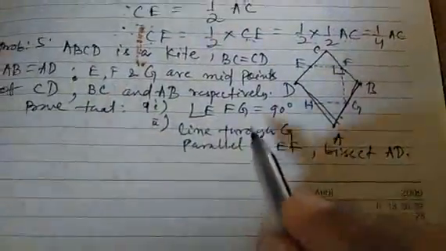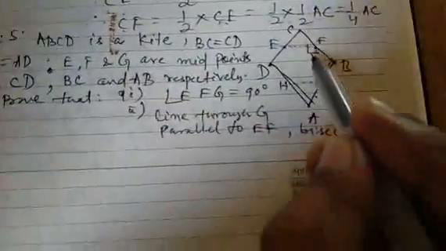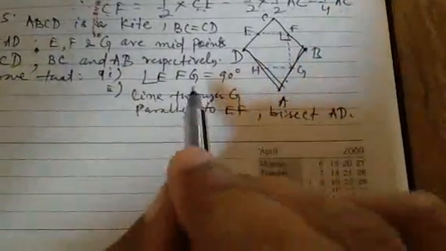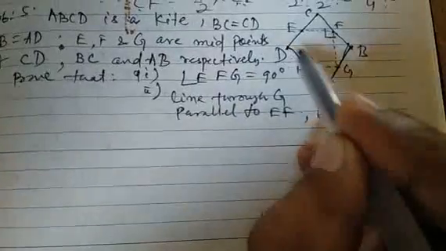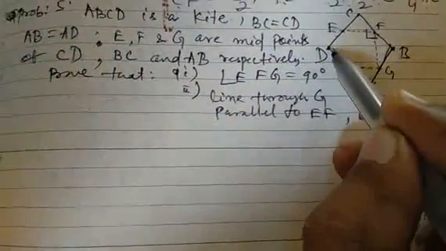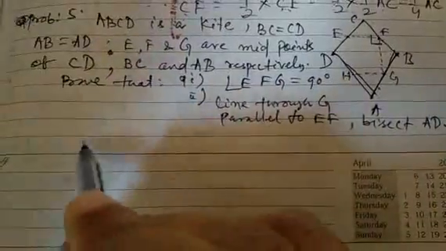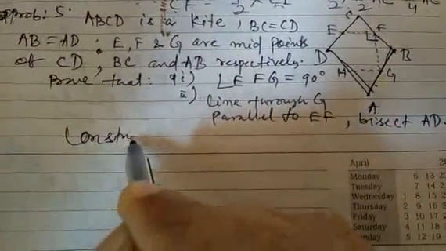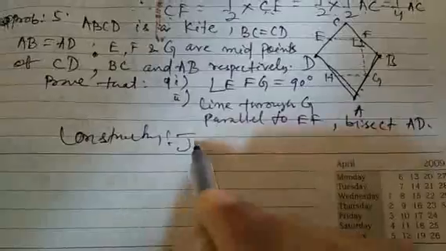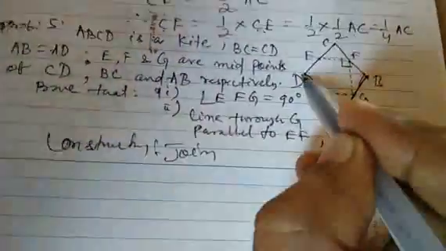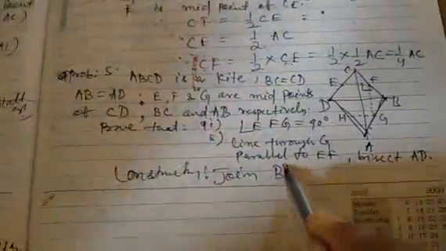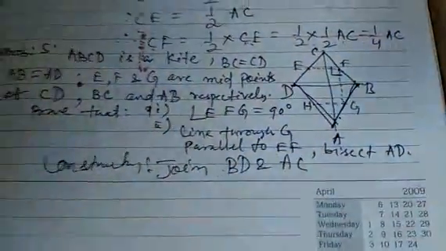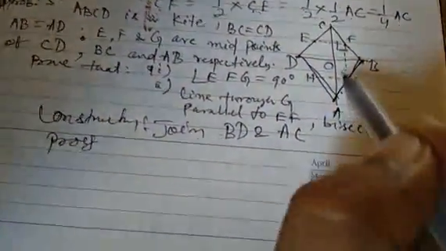Okay, so let us come to prove the first theorem, that is angle EFG. You have to prove 90 degree. For that, as you know, diagonals of a kite are perpendicular to each other. We'll take the help of the diagonal. So construction, draw the construction. Join BD and AC. By joining, you can find out that they are perpendicular to each other and this angle will